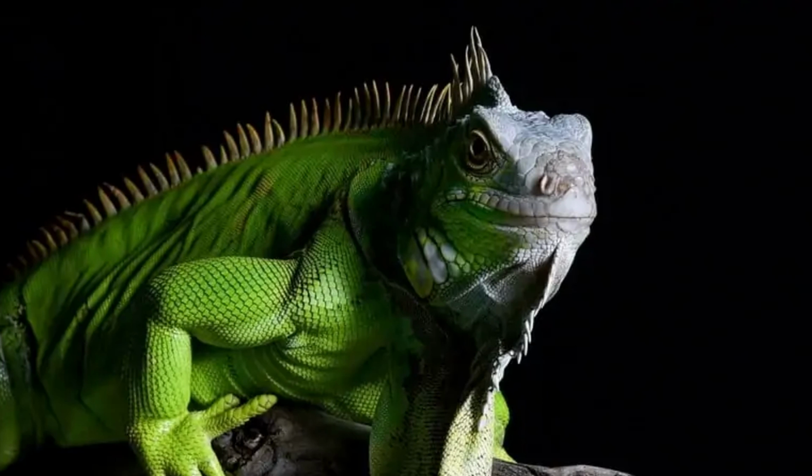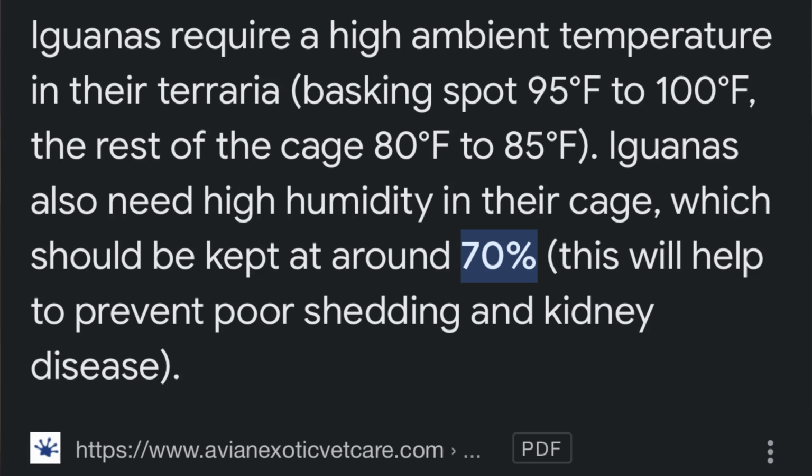Something a little bit different between green iguanas and Savannah monitors is their diet. Green iguanas are herbivores, so they're going to eat mostly plants and fruits, but they're also going to need their environment much more humid than a Savannah monitor, and they'll need a lot more height because green iguanas, unlike Savannah monitors, are semi-arboreal lizards, meaning they're going to climb a lot. They're going to spend a lot of their time in the trees, so you definitely need to give them that option, which means that I would almost recommend a